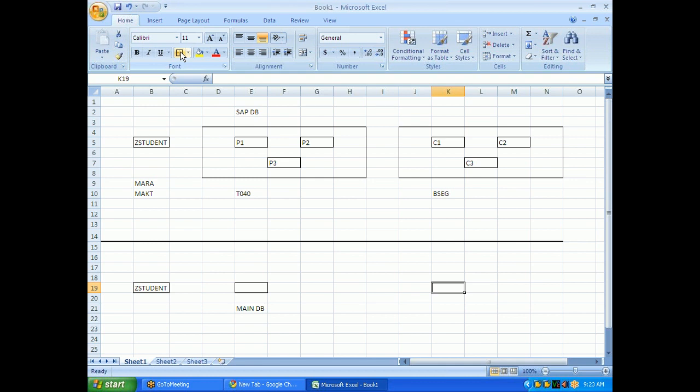You can go to SE11 and see BSEG, that is a cluster table. And in the next line you can write: several logical rows of different cluster tables formed together as a table cluster.